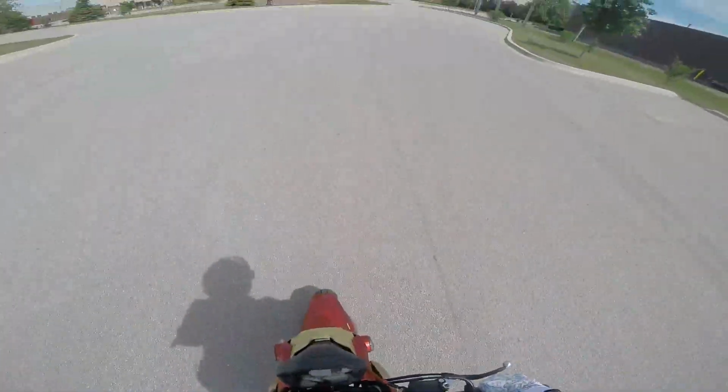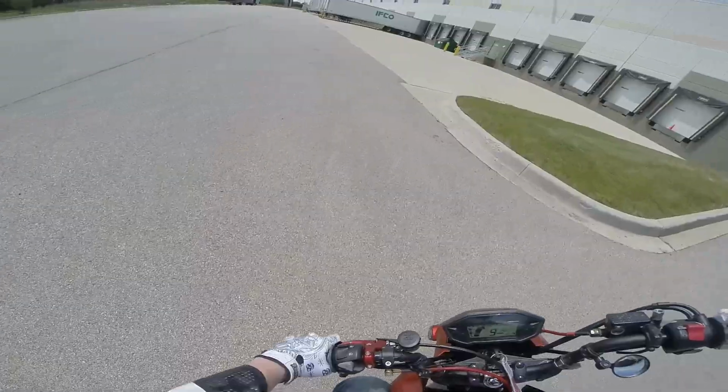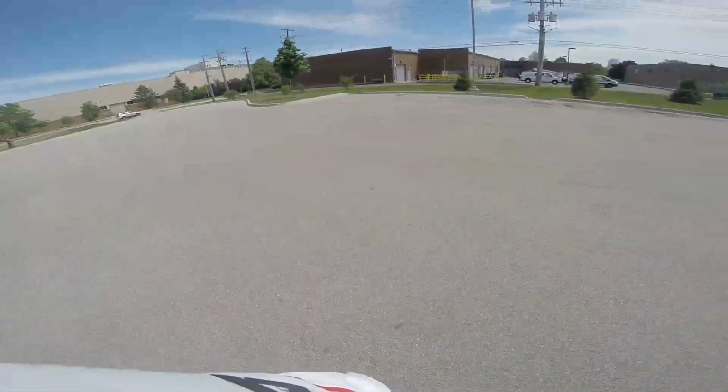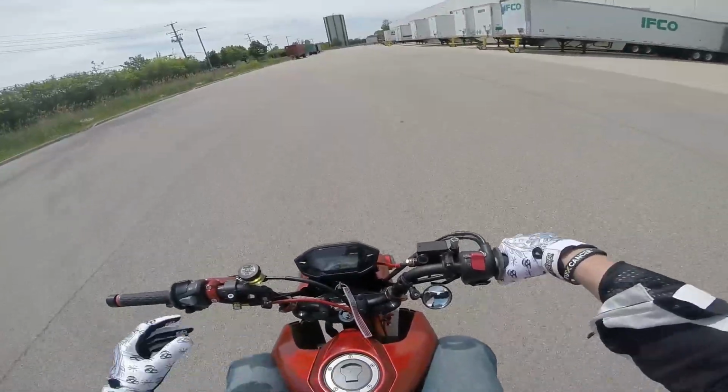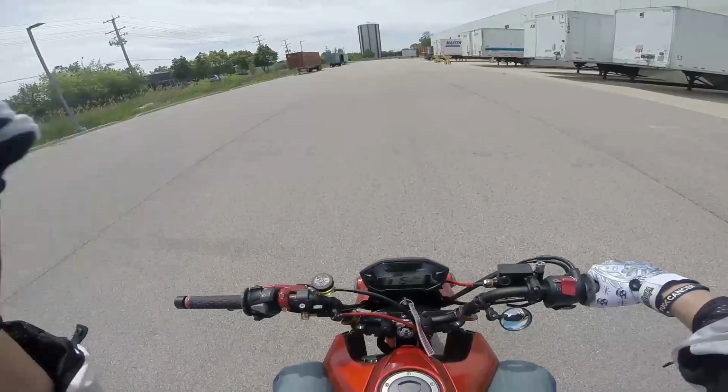So that was a step to seat stander. It wasn't quick. I went right foot to seat, well, left foot was still in the peg, and then I made that step. But it's all a process. It'll smooth out, but